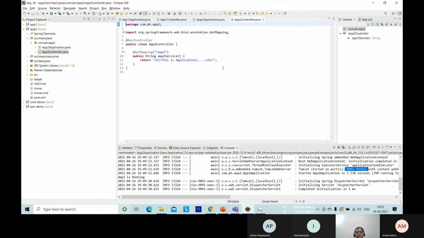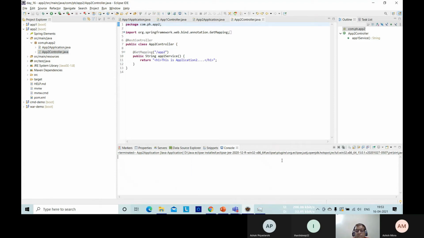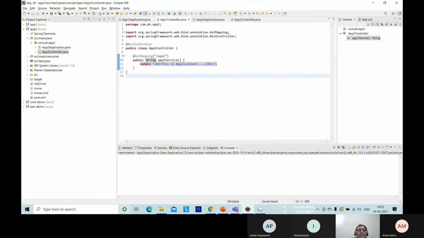So in the same sequence, I have opened the file. Clear console. Now, my point is, अभी तक यहाँ पे कुछ नई बात नहीं थी. Now, what I want is that my app 1 communicates to app 2.